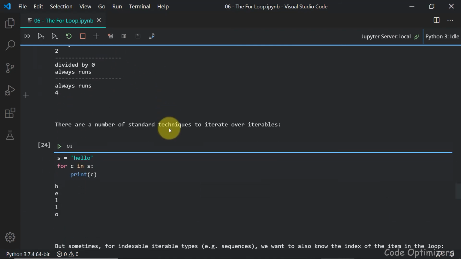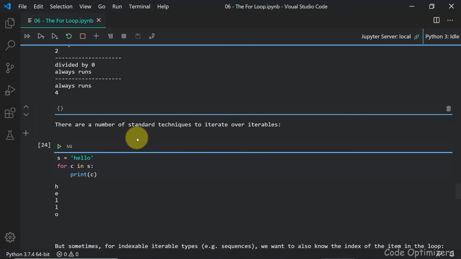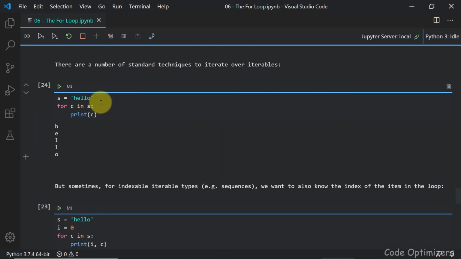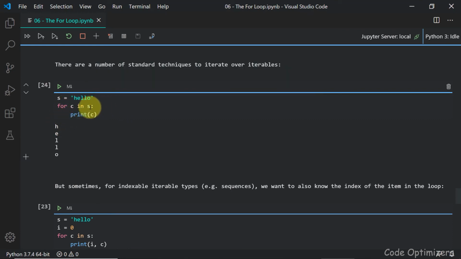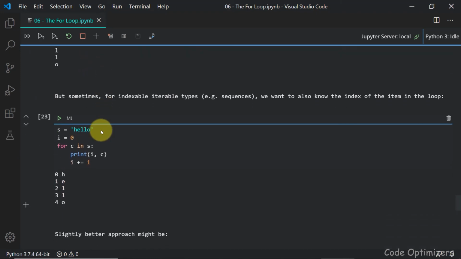So now let's move to another topic. Here it simply printed hello. We first wrote hello here. Now it is assigned to s, and then s is written here. We want to print the index of every element of an iterable side by side.